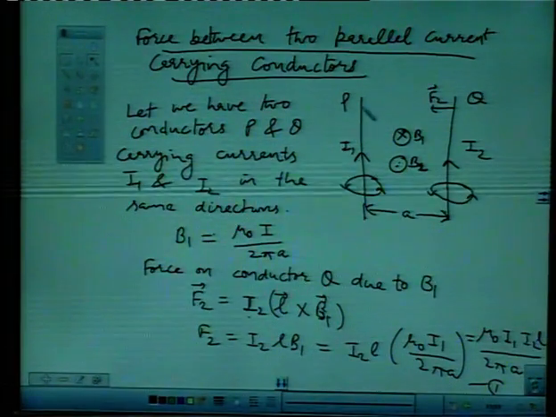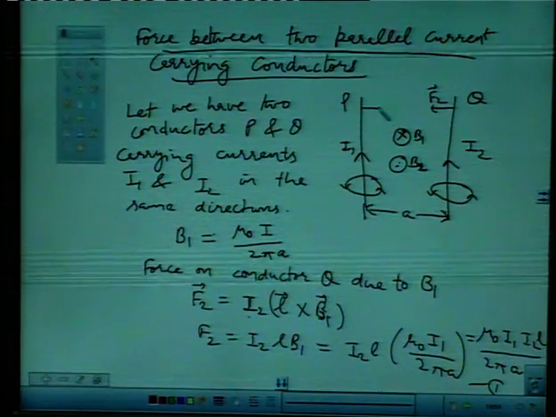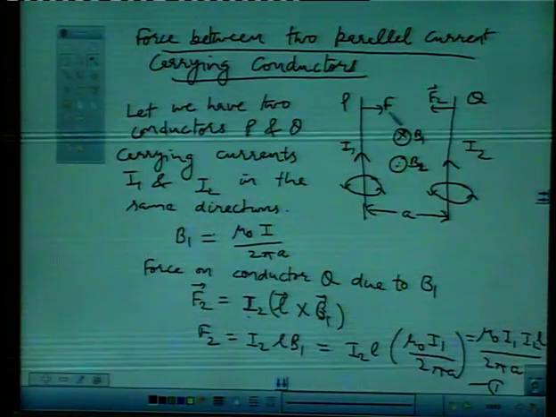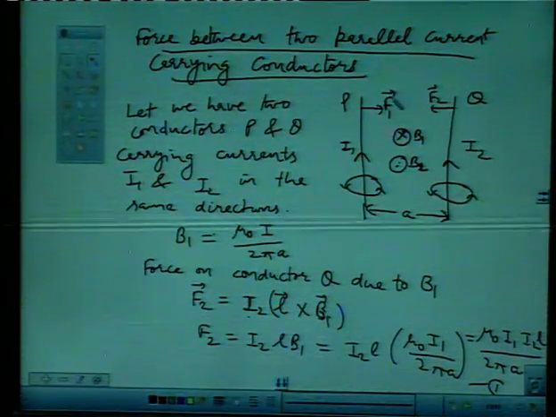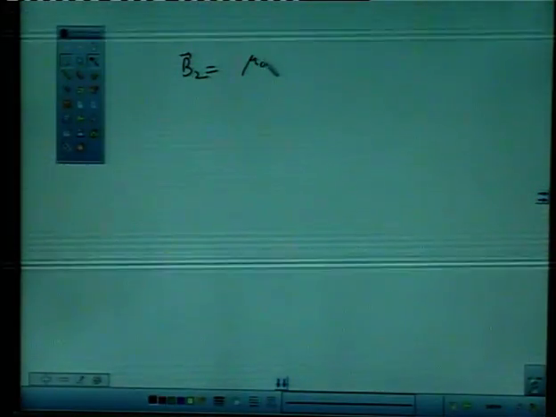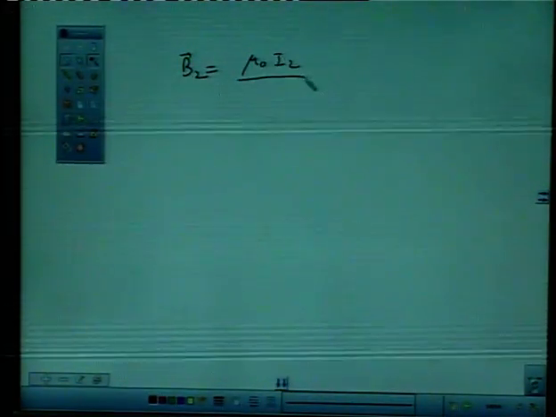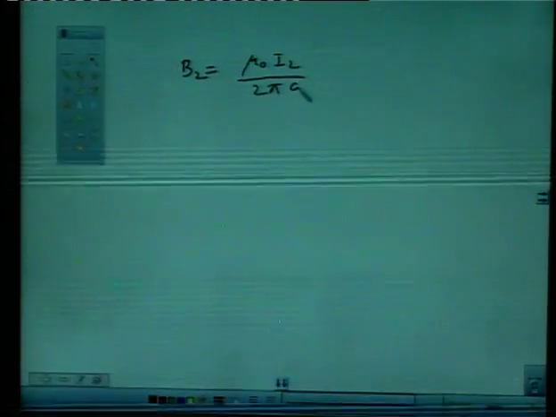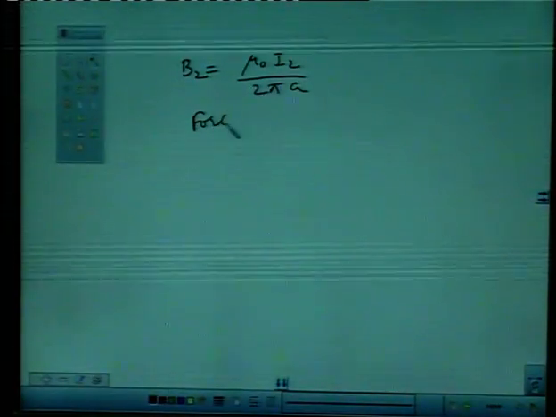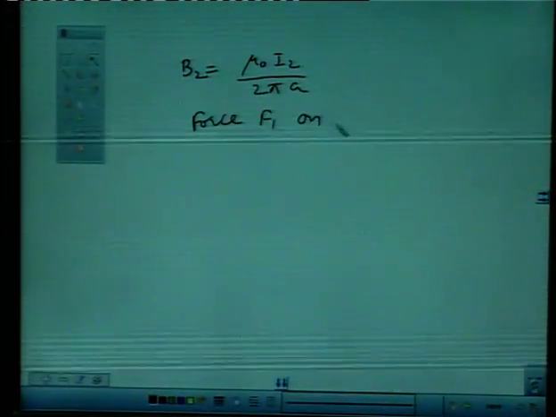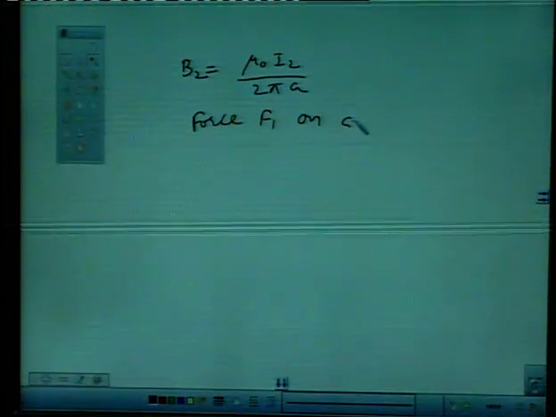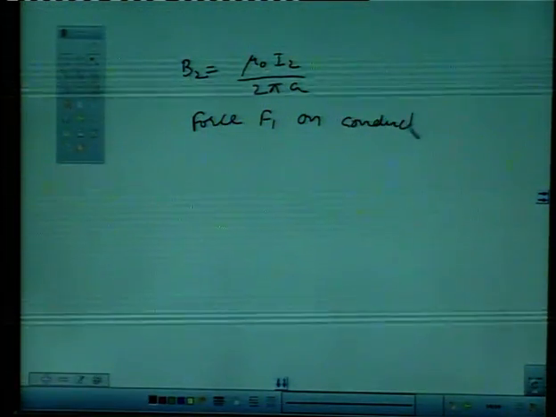Now similarly we can find the force acting on the first conductor. This will be along this direction, and it can be also given. Now the magnetic field B2 is equal to mu naught I2 upon 2 pi A. Force F1 on conductor P